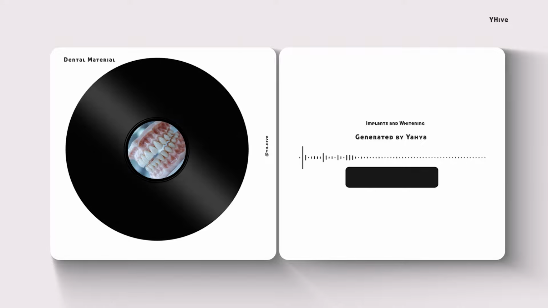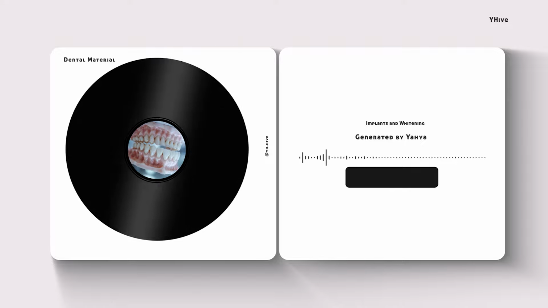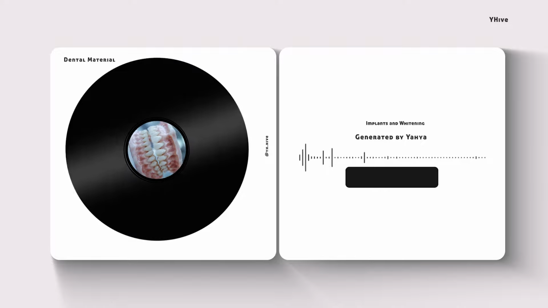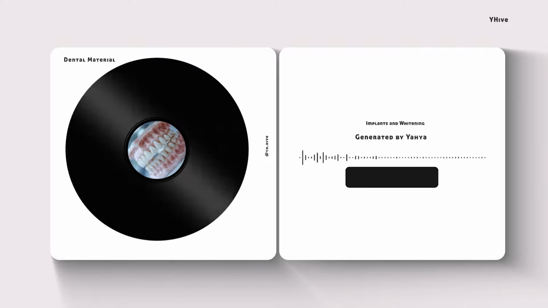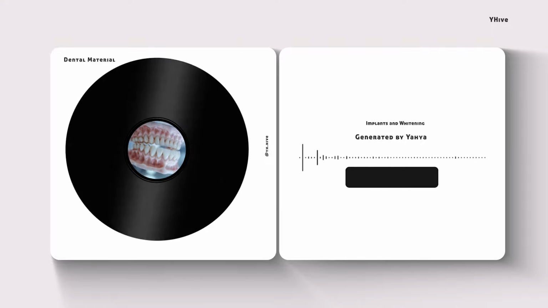Yeah, dentists often provide temporary restorations like dentures or bridges so you can still function normally and maintain your appearance. Okay, so you're not walking around with a big gap in your smile for months on end. Exactly. That's good to know. So during that healing process, are there specific things you need to do or avoid to make sure everything heals